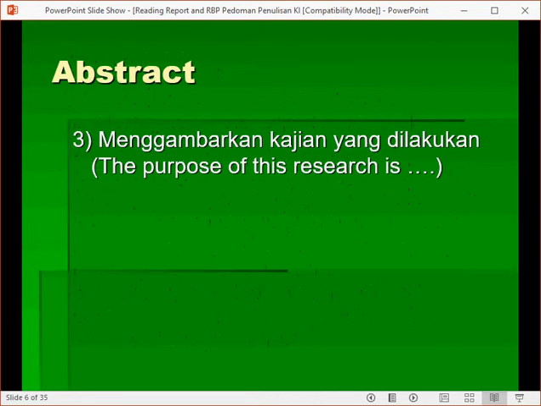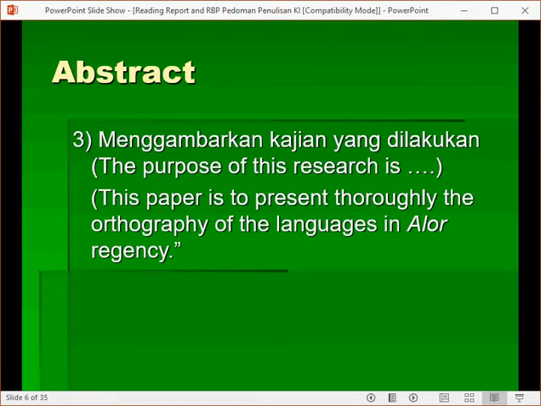And the third, to draw the studies that you do. For example, the purpose of this research. This is the very popular sentence that you have to write down in your research, in the reading report or in the mini research based paper. This paper is to present truly the orthography of the language in our regency. Okay, and then